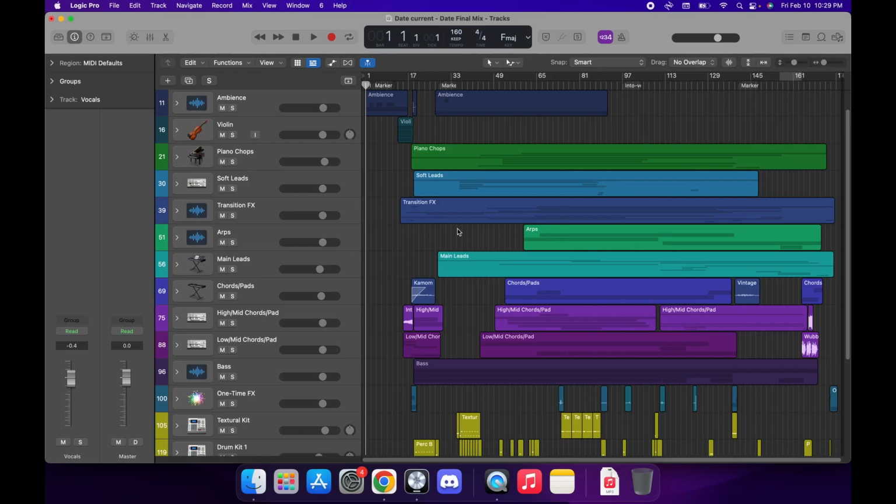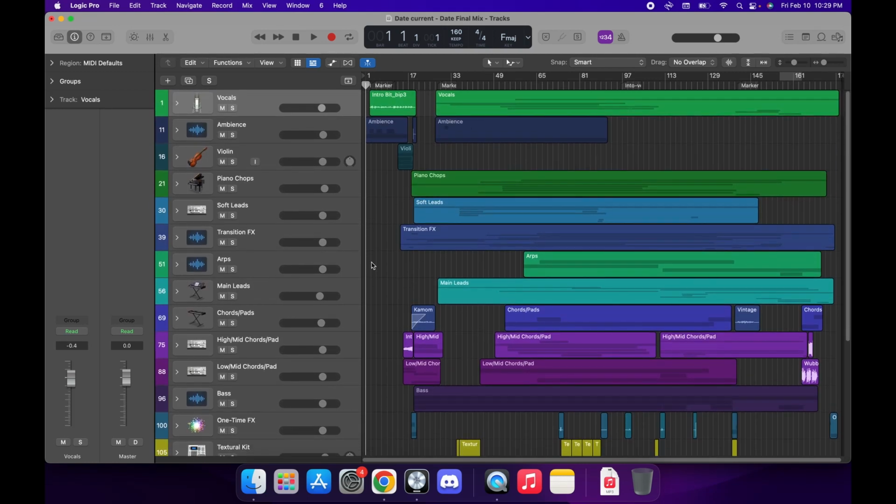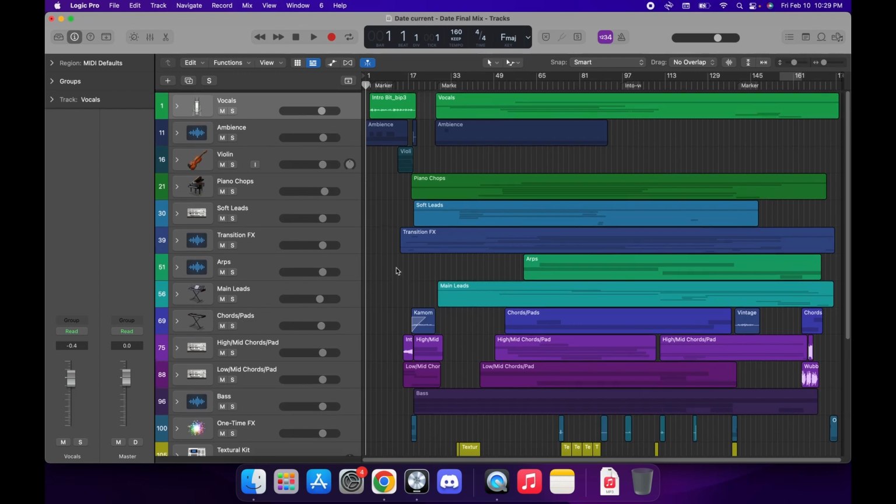I struggled through the mixing of this on my 2012 MacBook Pro. I've got a more recent MacBook now that I got last year, but that was a struggle. It would freeze every millisecond from the sheer amount of CPU pressure. It would click and pop and scream whenever something went wrong. But I got through it.